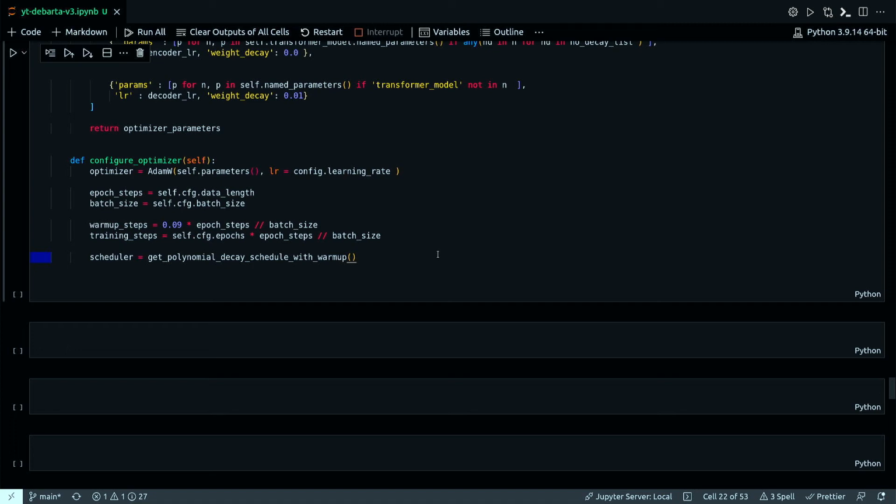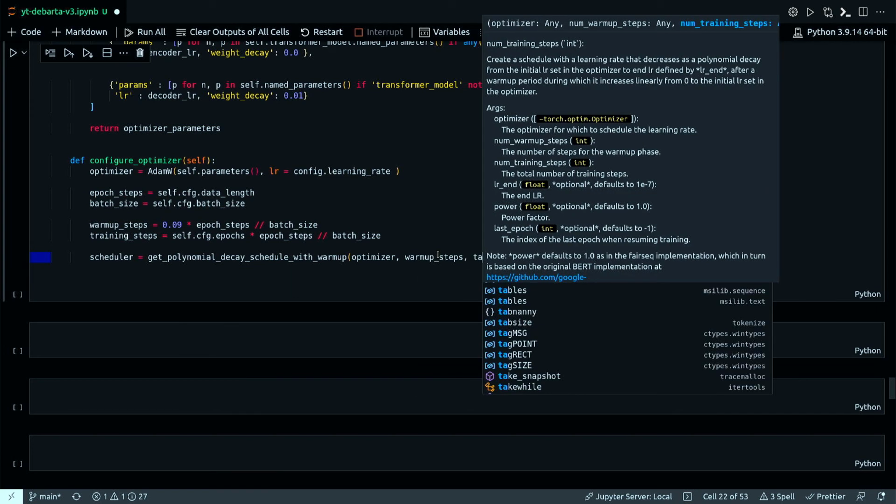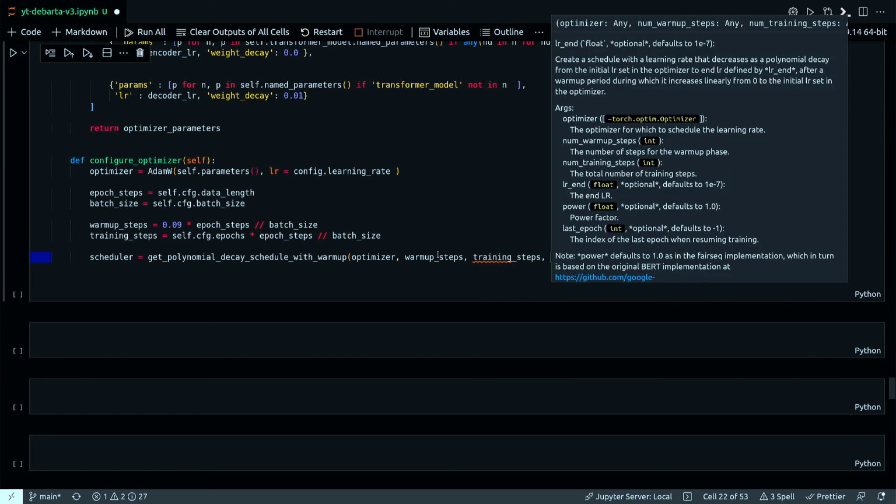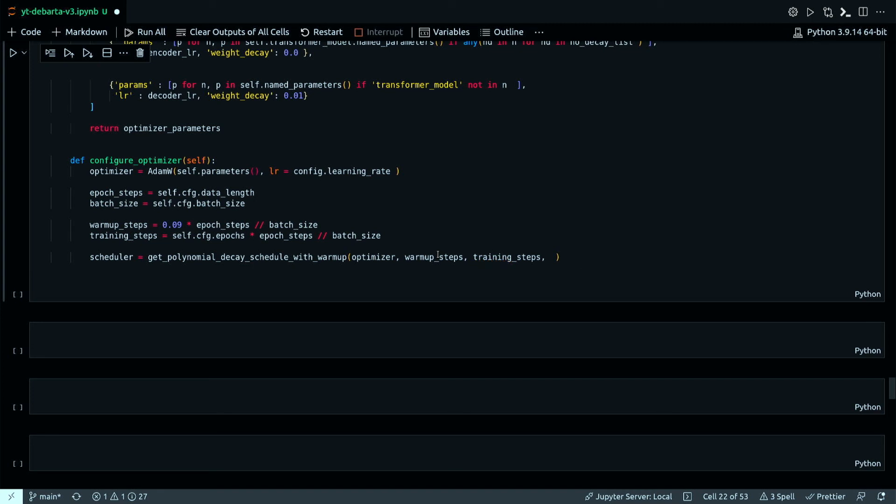First one it takes is the optimizer. And power.